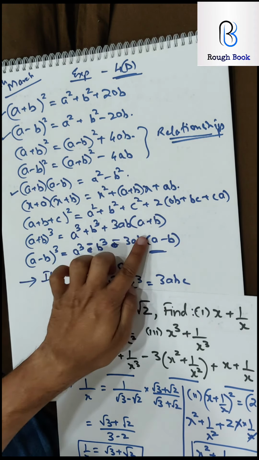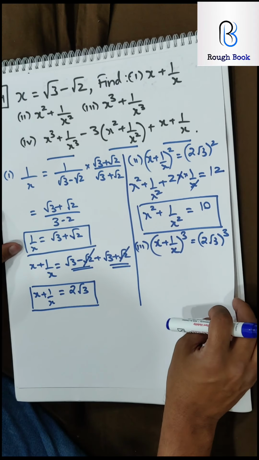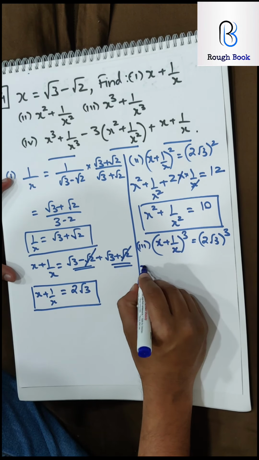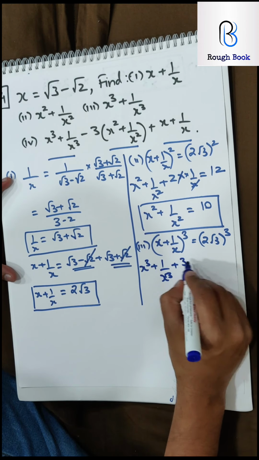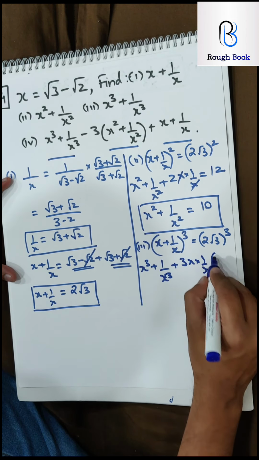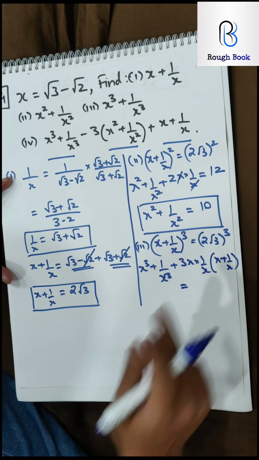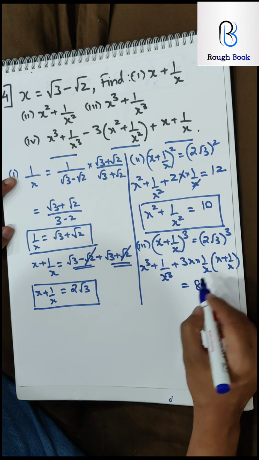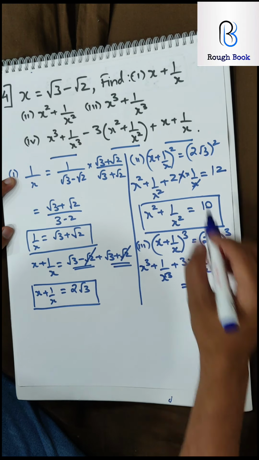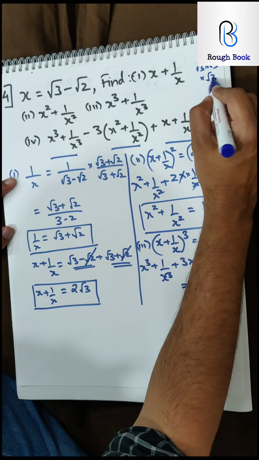So if you want to look at this formula, pause the video, learn it, go back and apply it. So for applying it, what will I do? a cube, b cube, 3 times ab, a plus b is equal to, now this is going to be very important, 2 cube is 8 and root 3 cube, that means root 3 into root 3 into root 3.